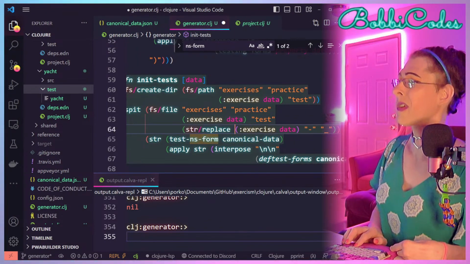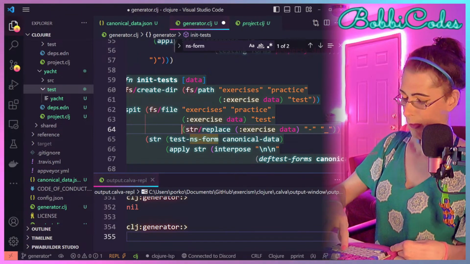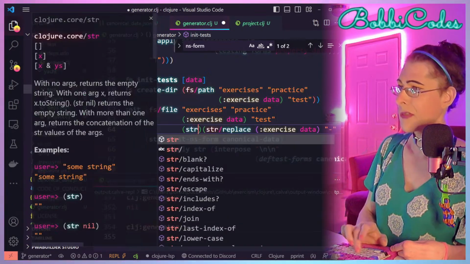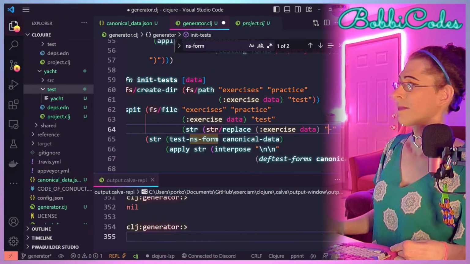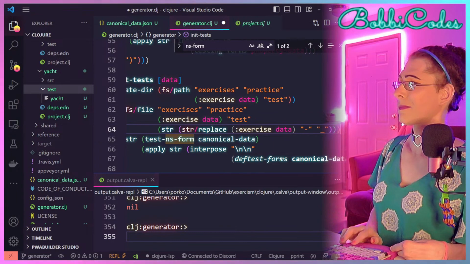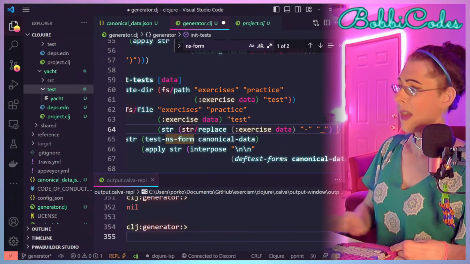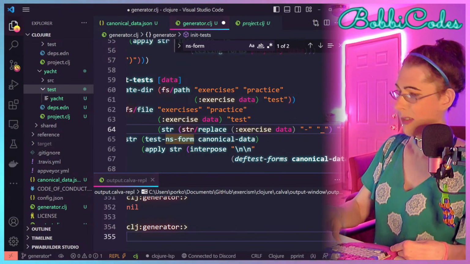It's going to be STR, the name of the exercise.